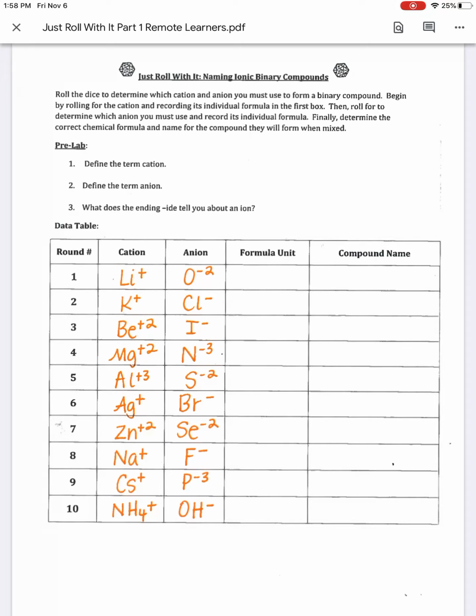Make sure that you reduce these whenever you can reduce them, if it's a 2-to-2 or a 3-to-3 ratio. You can just write this on a separate sheet of paper, take a picture of it and upload it to me, or if you have access to a printer and want to print a copy of this and then scan it in, that's fine. In order to receive your credit, this must be submitted by 8 a.m. on Monday. I hope that you have fun with this activity and it helps you learn how to better write formula units and name